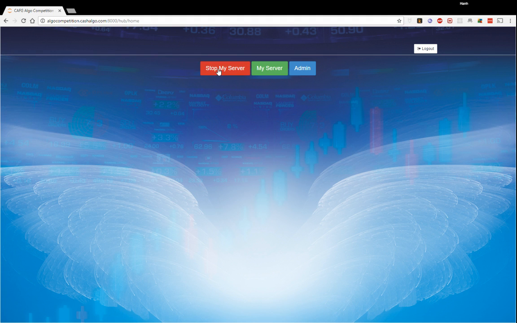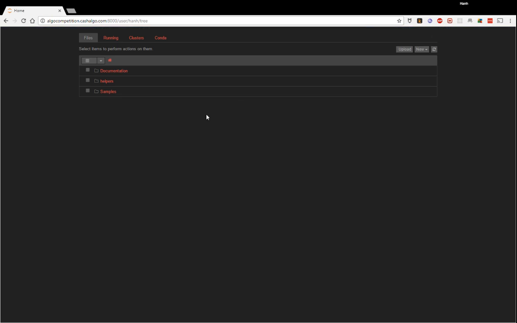So if I go ahead and stop my current server, this button disappears, and I have only the green button that connects me to my server. So now if I press this button, this will start a new server, and we'll go to the server web page. So the server main page shows a browser. So this is a browser on my home account,